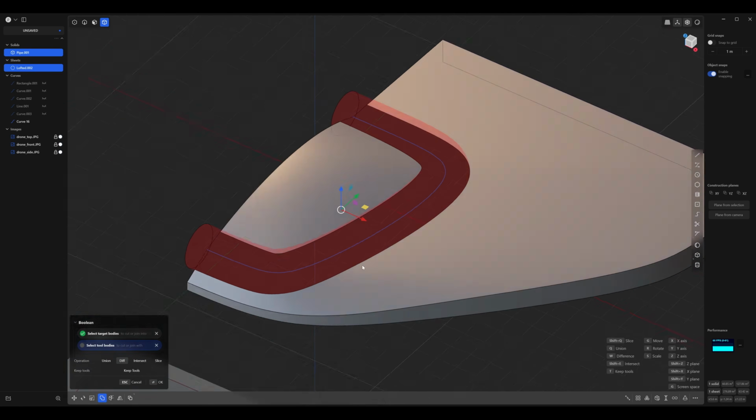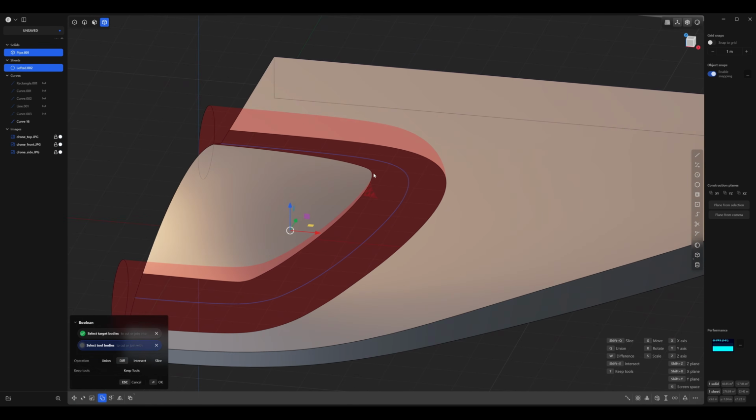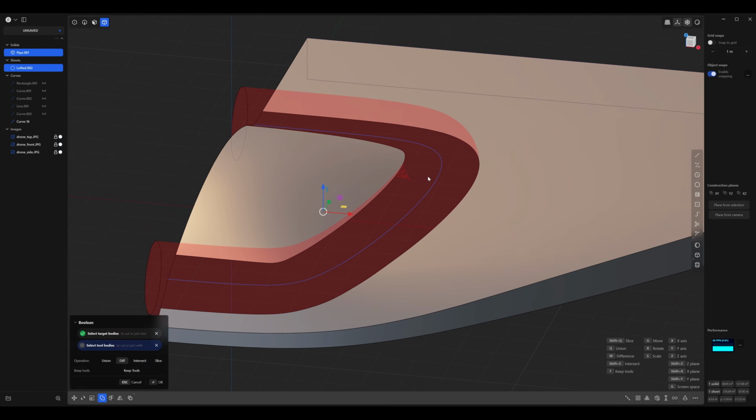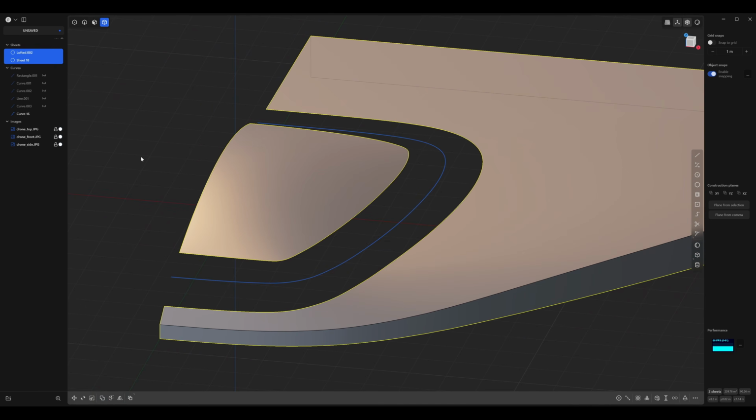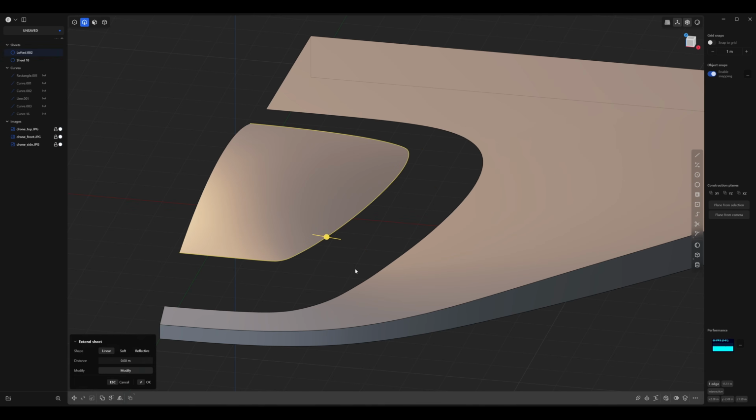And you'll see that that pipe is cutting out some of that canopy and some of that body. So that's going to give us the chance to create a connection that flows between them. Let's right click to accept. Great. So all you need to do now is hide this curve. So in curve mode, press H to hide it. And let's select this top edge and this other edge and press L.